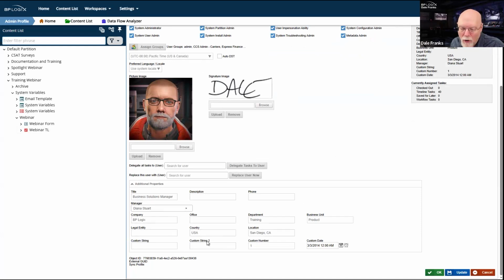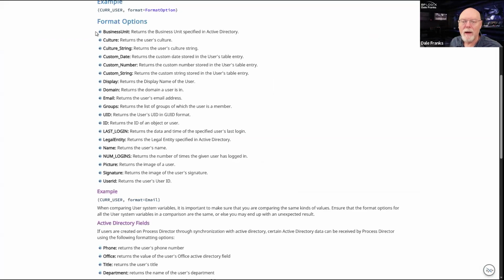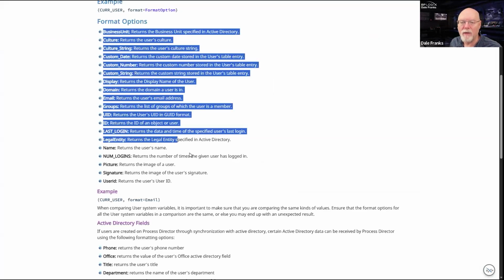I don't have all of them filled out, but I have several of the additional properties filled out for my account here in Process Director. And the way that I can address any of those variables is by pulling these format options.